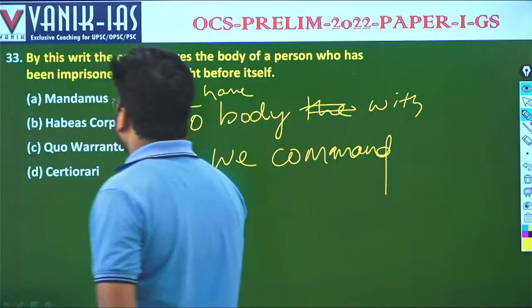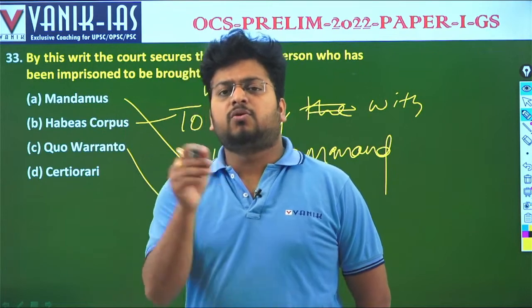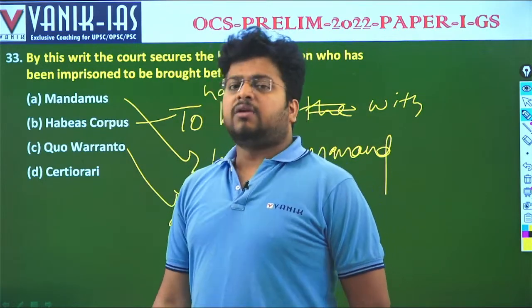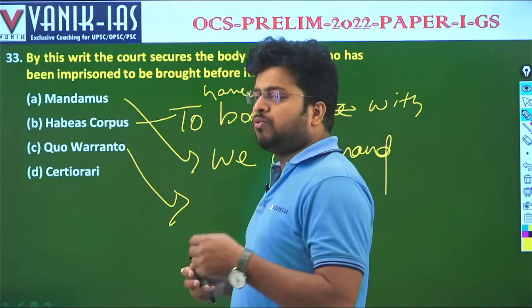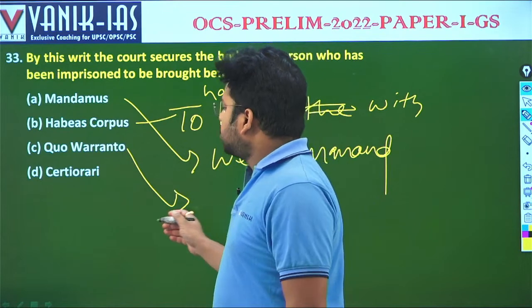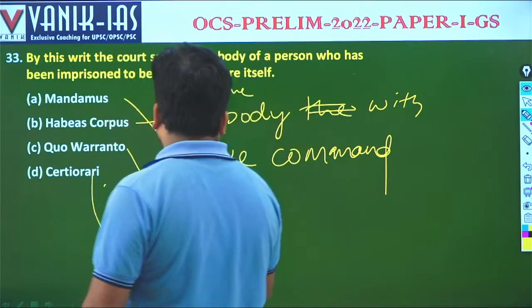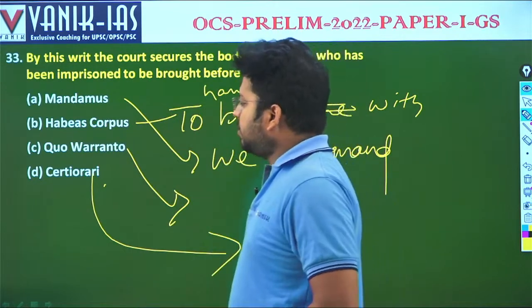If somebody has acquired a public office, suppose tomorrow you go and sit in the district collector's chair and say that I am the district collector, then the court will issue quo warranto. Who are you? Who are you to sit there? That is quo warranto. Certiorari means from a higher court to a lower court, right? That is certiorari,